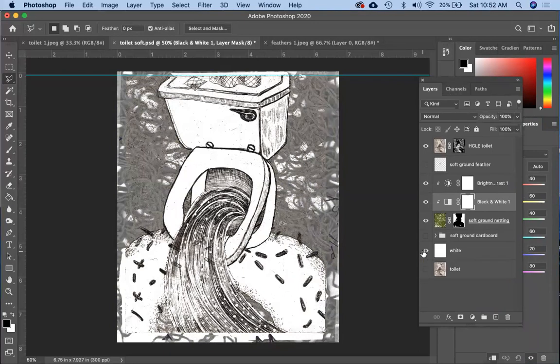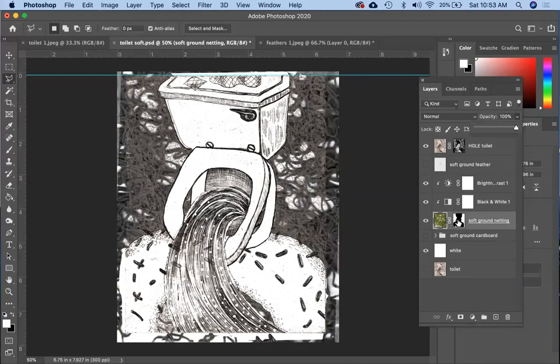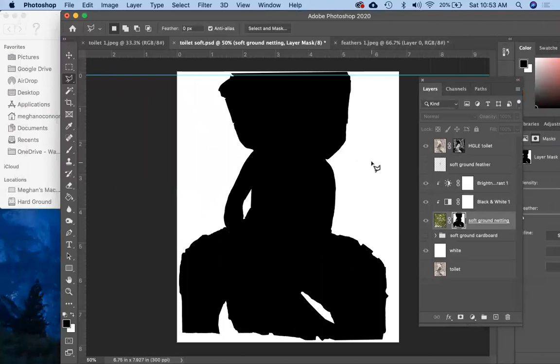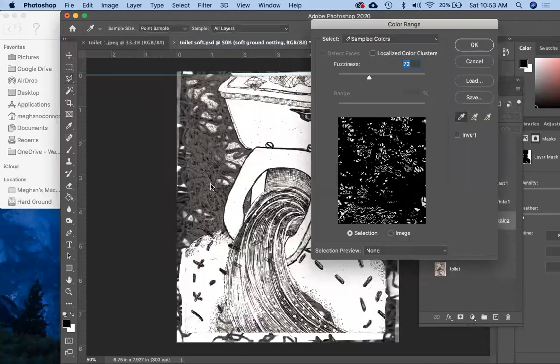So then this is mimicking the soft ground that's happening in the background, okay? One other way I could address the transparency if I don't want to play with the opacity on the layer is if I look at the mask itself, if I know that black blocks and white reveals, then I can paint gray into these white spaces. So I could go to Select Color Range,